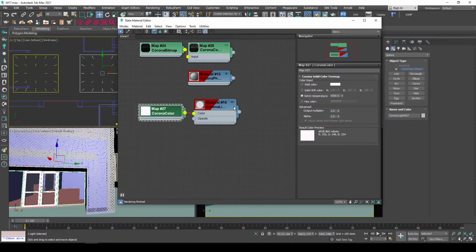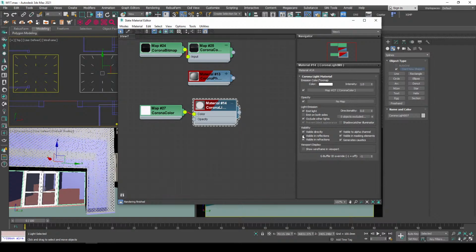for 6.5. When you use the Kelvin temperature, especially when you're dealing with lighting, it's better to use temperature than eyeballing it and trying to create colors. You would get accurate results using the Kelvin temperature, because this conversion follows the real life conversion for your bulbs and whatnot. So now one thing I want to do is I don't want to make this guy visible